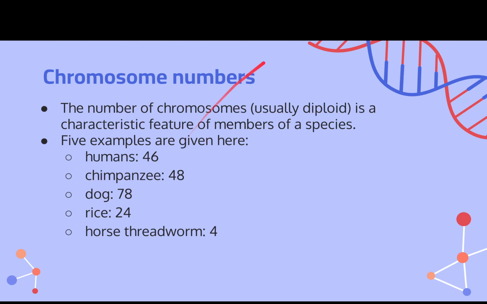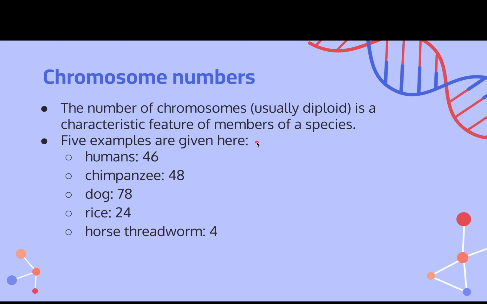The next is chromosome numbers. It's fairly simple and self-explanatory. The number of chromosomes, which is usually diploid, is a characteristic feature of members of a species. Different species will have different numbers of chromosomes. Humans have 46, chimpanzees have 48, dogs have 78, etc. These are just some examples. So